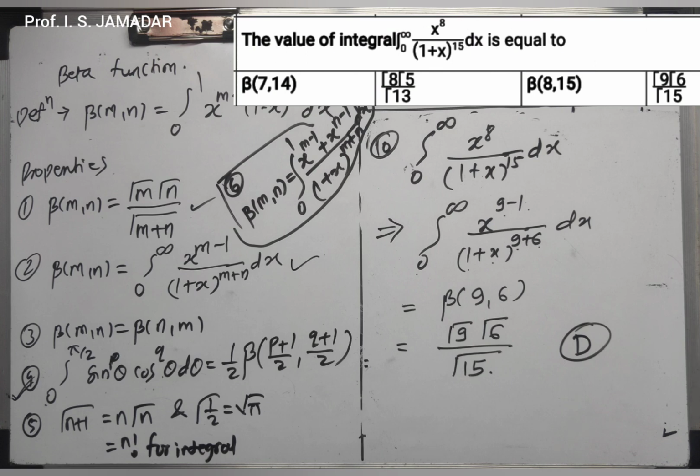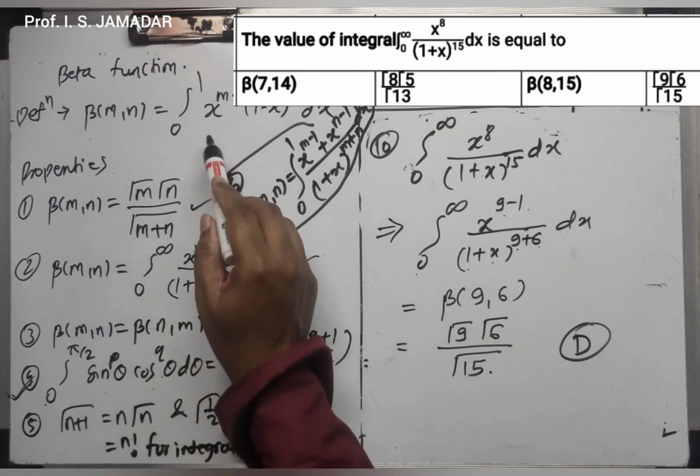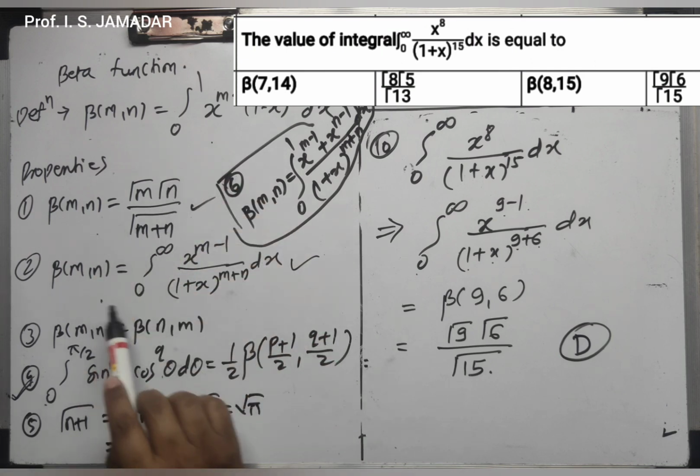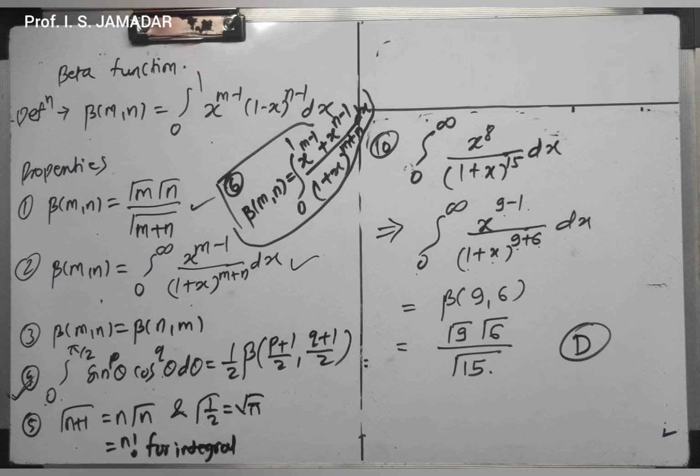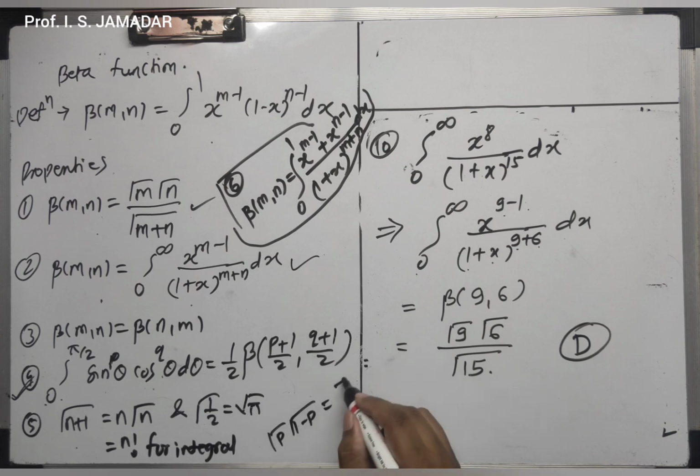Now these are some examples on the beta function, and you have observed that we have used all these things: the basic formula, the relation between beta and gamma, and the alternate definition. Then, when limits are 0 to pi by 2, you have to consider sin raised to p into cos raised to q, and gamma n plus 1 is equal to n gamma n, and gamma 1 by 2 is equal to root pi. Also we have used one property, that gamma p into gamma 1 minus p is equal to pi upon sin p pi. So you have to remember all those properties and formulae so that you can solve the examples on the beta function.